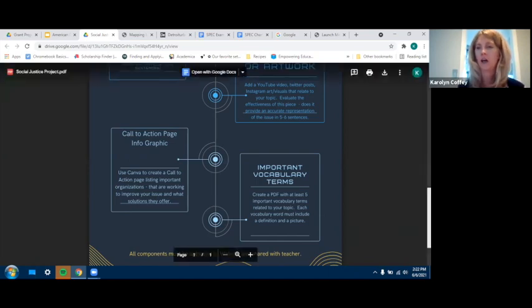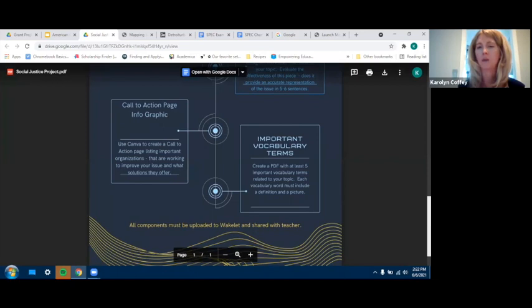And finally, I would ask students to create an important vocabulary page, identifying words that, in order to understand this issue, it's important to understand, the vocabulary that's often used when describing this issue. Specifically when we're talking about housing discrimination, things like redlining and blockbusting, not everybody may be familiar with what those terms are. So they create their own vocabulary list, at least 5 vocabulary terms that are relevant to their particular topic. And that would be it.